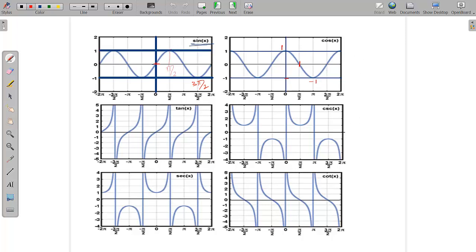All other graphs go up to infinity. See, this is the infinity line here. If you are seeing the tan graph, you have to see that it increases in the first quadrant. This is your 0 line. If you find this, you will find that tan 0 is 0 and it increases, and tan 90 becomes infinity.